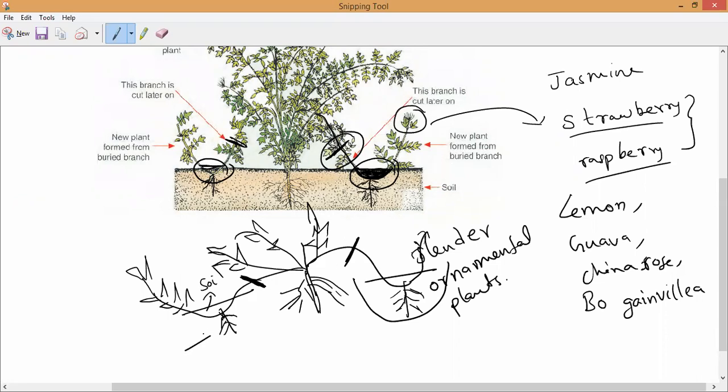Here you have to write the naming also: new roots forming.